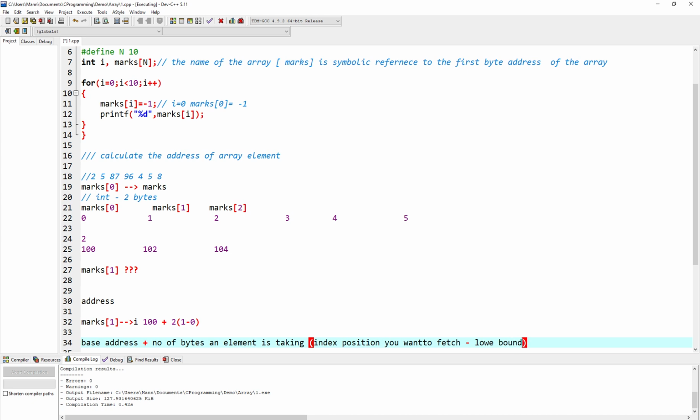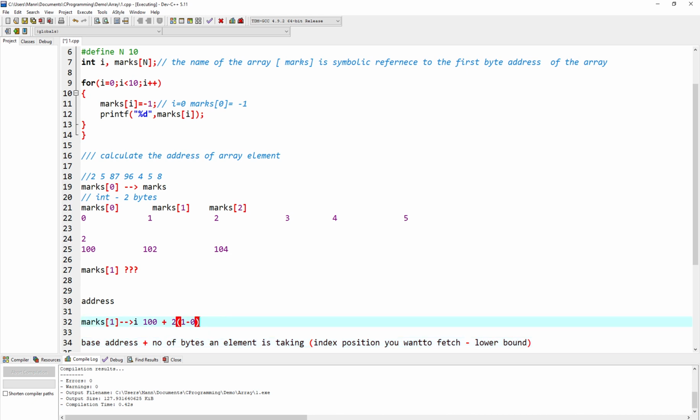As you can see, the base address is 100. The number of bytes an element is taking, because the element we are going to store here is integer type, is 2 bytes, so 2. The index position you want to fetch is 1, because I just want to see where the 5 is being stored. And what is the lower bound? Lower bound in the case of an array is always 0.